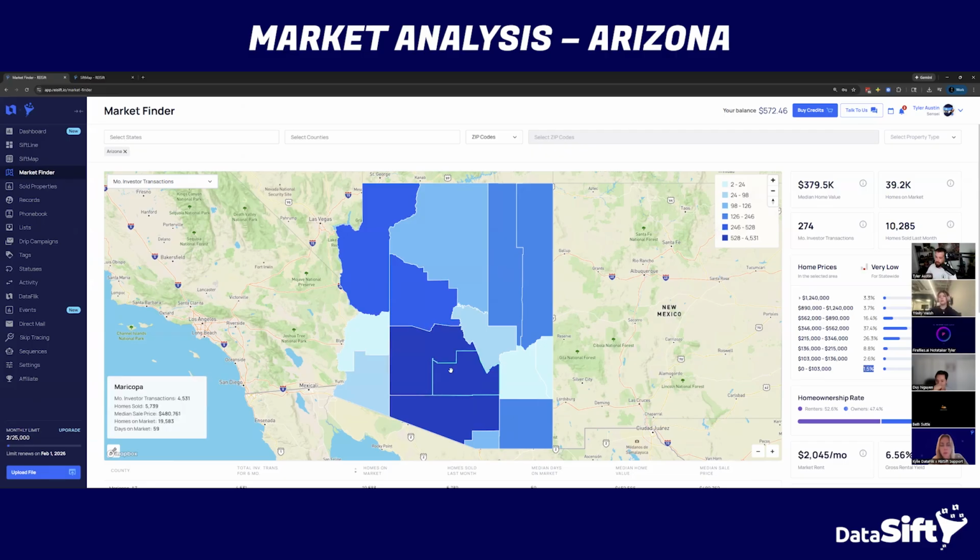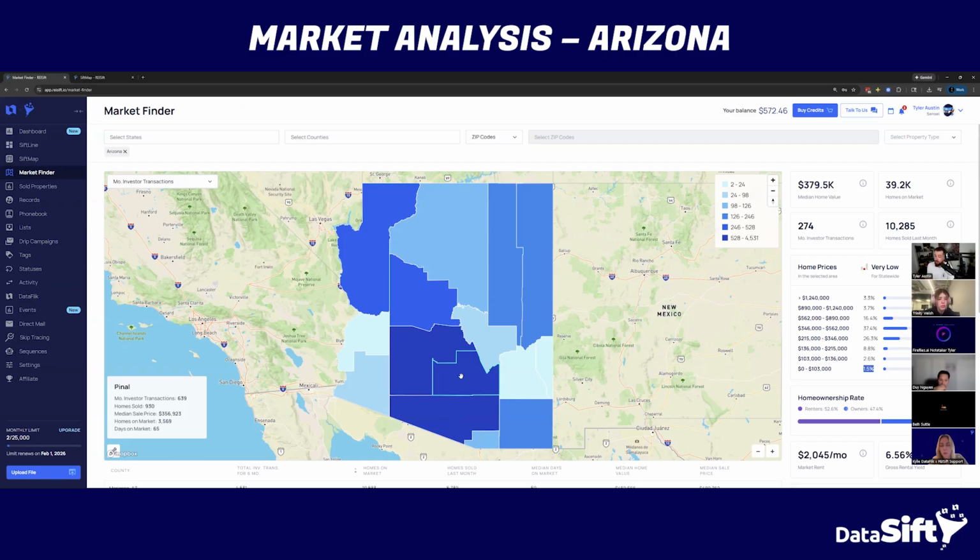So let's go into an area that's a little bit bigger. Clearly one of these two is Phoenix. I don't know which one. Which one are you guys in? We're in Pinal mostly is where we market, but Maricopa is Phoenix. So that big blue one right there is Phoenix. And then I'll go in Pinal because it looks pretty good. I'm gonna treat it as if I'm